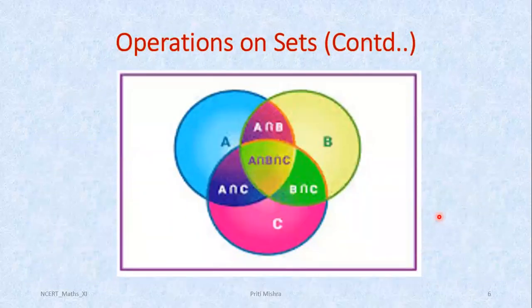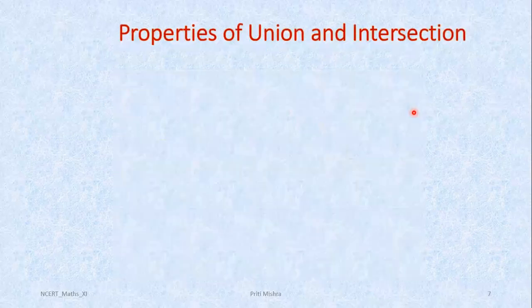Now, if you have three sets and some elements in common among all the three sets, then you can have such a pictorial representation or Venn diagram. Here you can see in the middle, this light green color is showing you common elements among all the three sets, A intersection B intersection C. This portion is showing you A intersection B. Here you can see A intersection C, and this green color is showing you B intersection C, and these portions are the individual A, B, C sets' elements, right? So this can be a pictorial representation for three different sets.